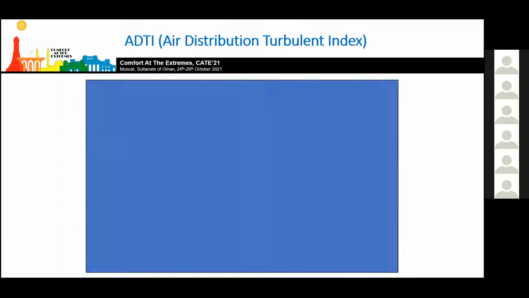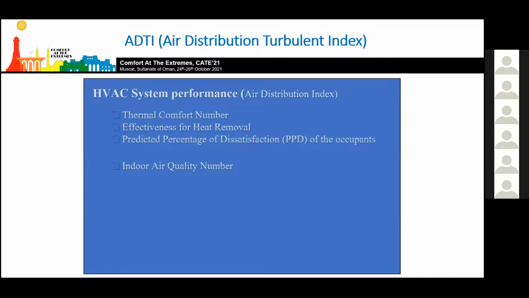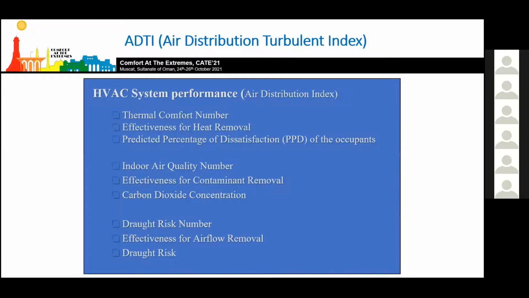I use another index, the air distribution turbulent index. It's similar to the previous one, however, it considers the draught risk. The draught risk is very important in ventilated spaces. So in this case, the ADI number considers the thermal comfort number, the indoor air quality number, and the draught risk number. The first two are equal to the previous index. However, the draught risk number depends on the effectiveness for airflow removal and the draught risk, because it's very important in